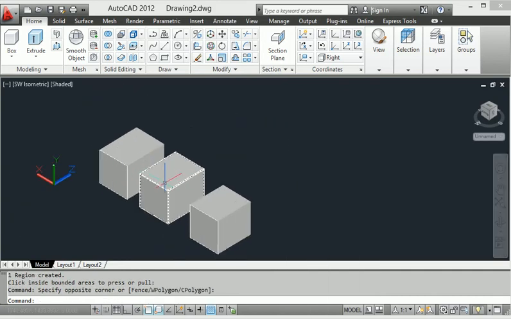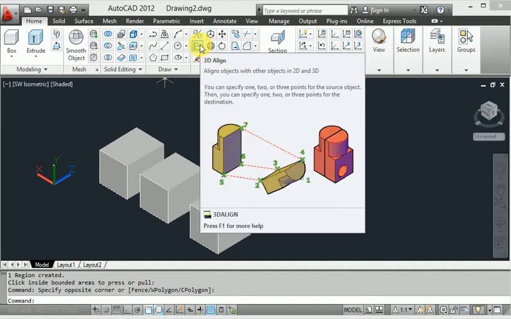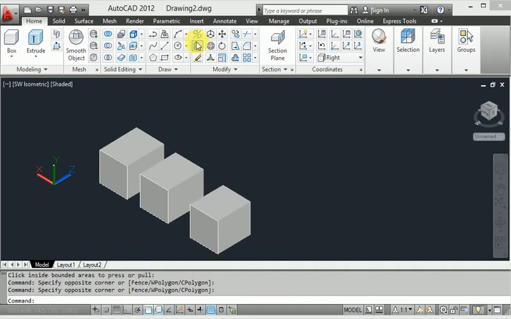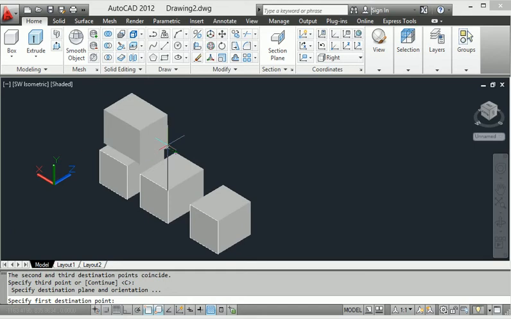Now I want to align this diagram here. This one is 3D Align. When I enter 3D Align, I select the component and right click, then select this point, this point, and also this point, and I go to align the particular point.